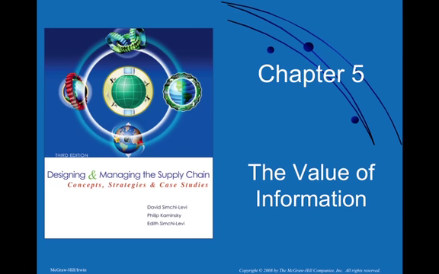In this chapter, we look at the value of information. Now, if we think of a supply chain, often we talk about three types of flows. One is the flow of materials, which typically is a forward flow process that takes materials from the manufacturer all the way through the supply chain down to the retailer until it's finally sold to the customer. We have financial flow, so cash flowing back into the supply chain system where the customer pays for an item,